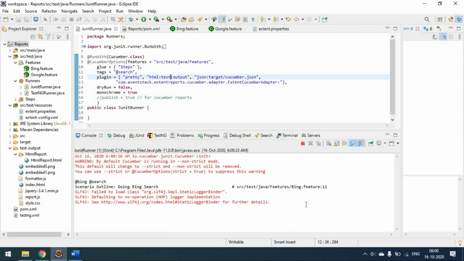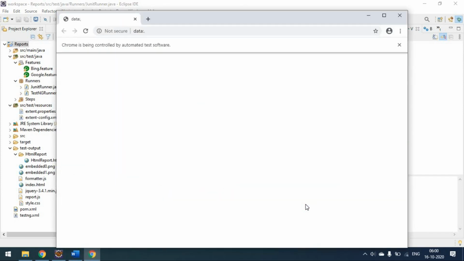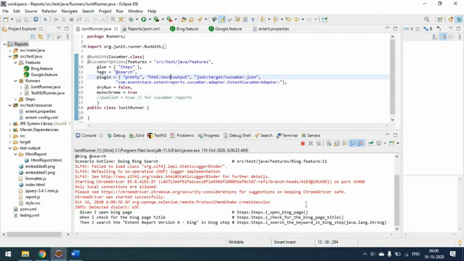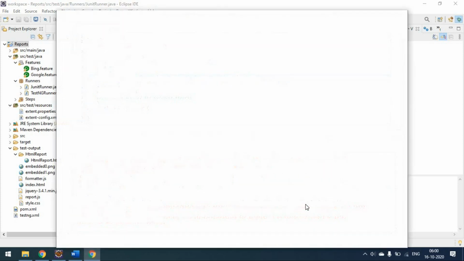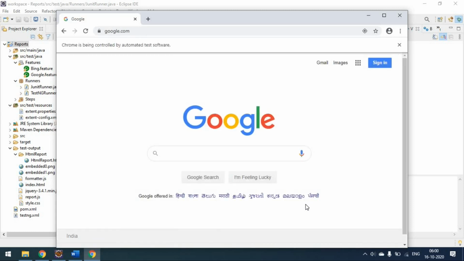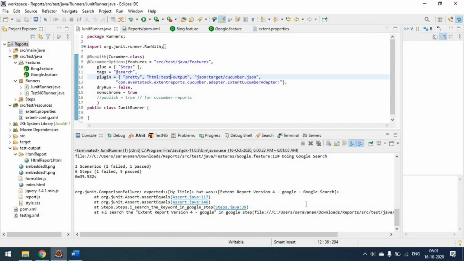The execution has started. The second feature file has started. The execution is done. You can see two scenarios: one passed and one failed.